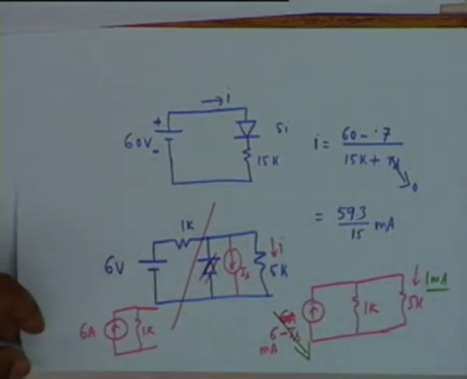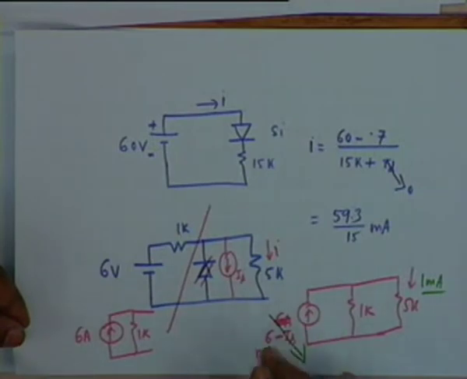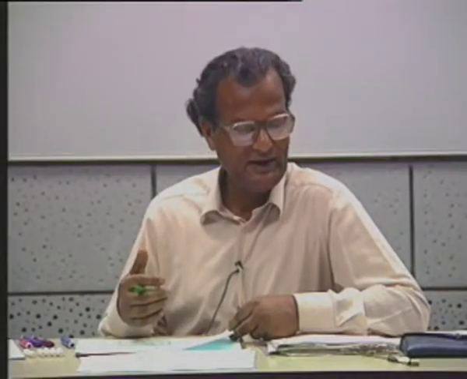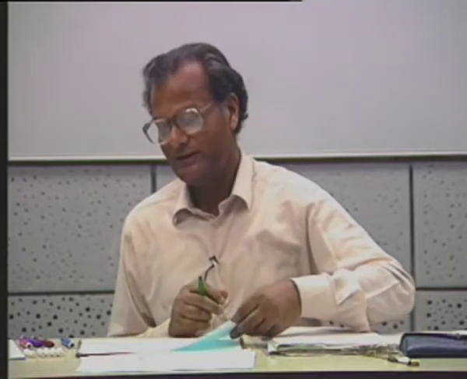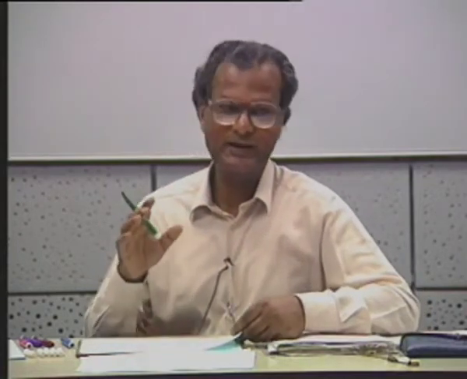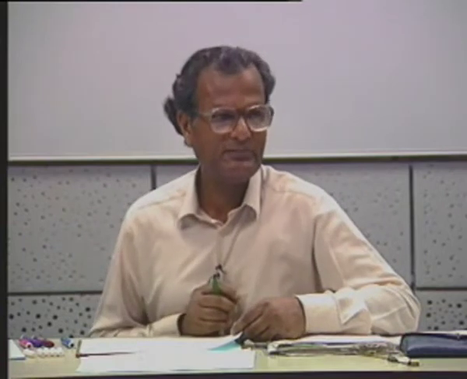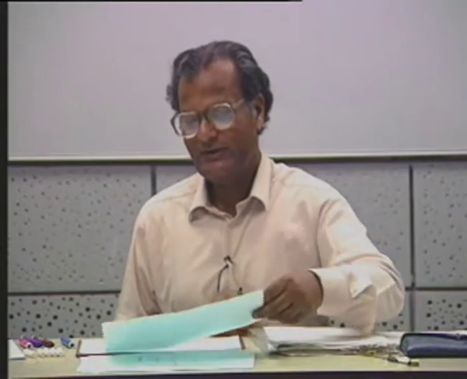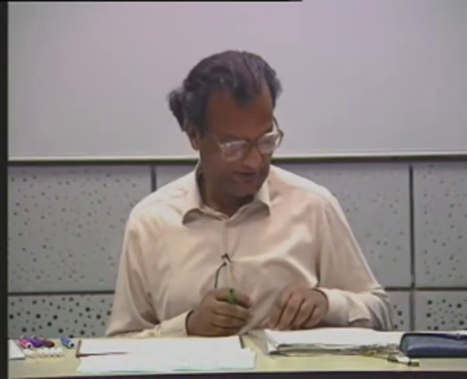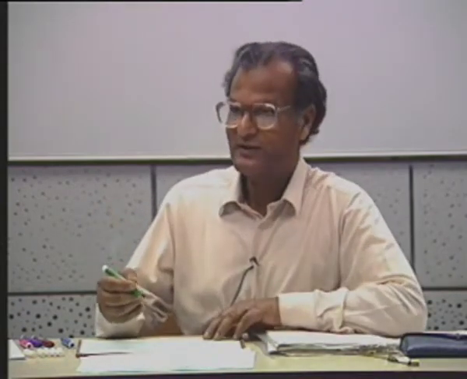So if we are given a diode model, or if we are given a diode characteristic, we can find out a model and analyze circuits in terms of the model, rather than using capital I equal to IS e to the 40V, because taking logarithm and anti-logarithm in a nonlinear circuit, you never are very sure of what you are doing. Now let us look at a Zener diode.